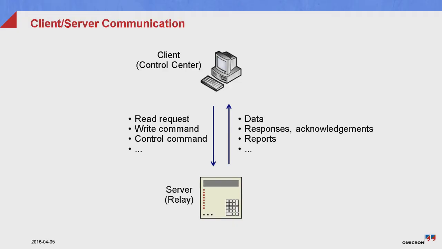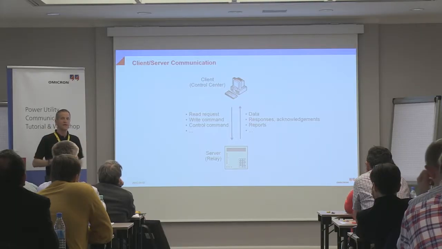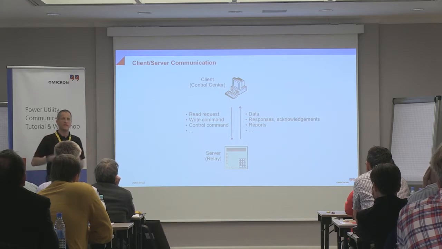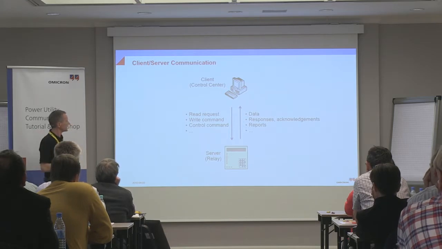Here, this is drawn in a different way. So you have these atomic operations like a read request, where the server will get you back some data, values of a data attribute. You can issue a write command, where you say to the server, I want to write a specific attribute with a value. Then you get at least an acknowledgement back. The server will tell you, yes, I've done that, or I refuse that.